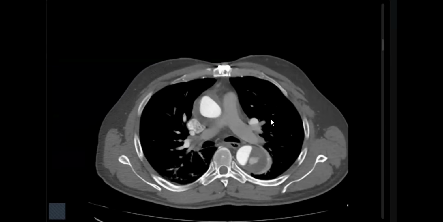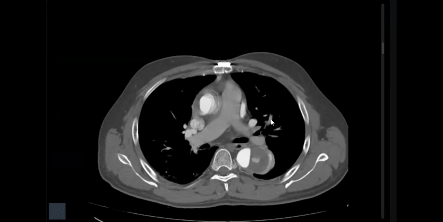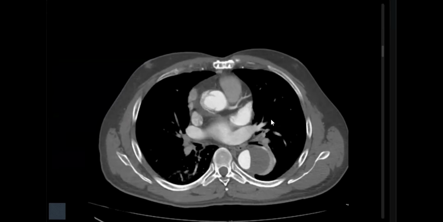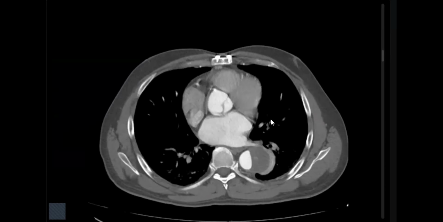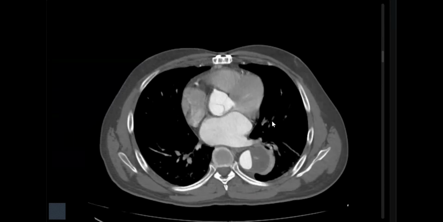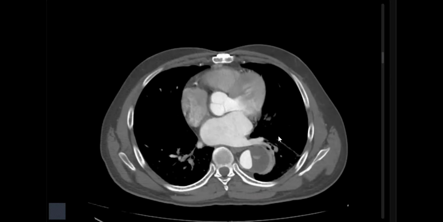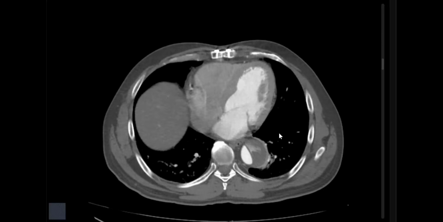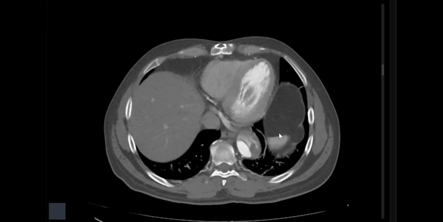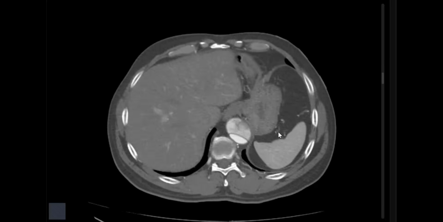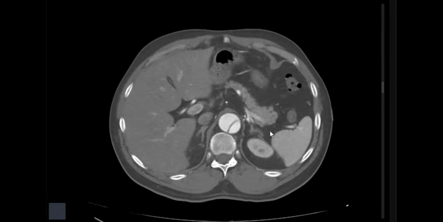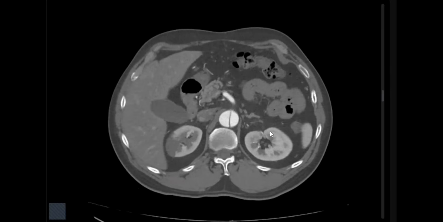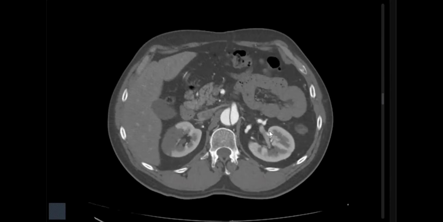And I can see that in the initial cut, there is some fat stranding around the ascending aorta, and also there are crescentic, two lumens in the descending thoracic aorta. So I would be concerned about acute aortic syndrome in this case. And there is a flap, and looking at the complications associated with the acute dissection,